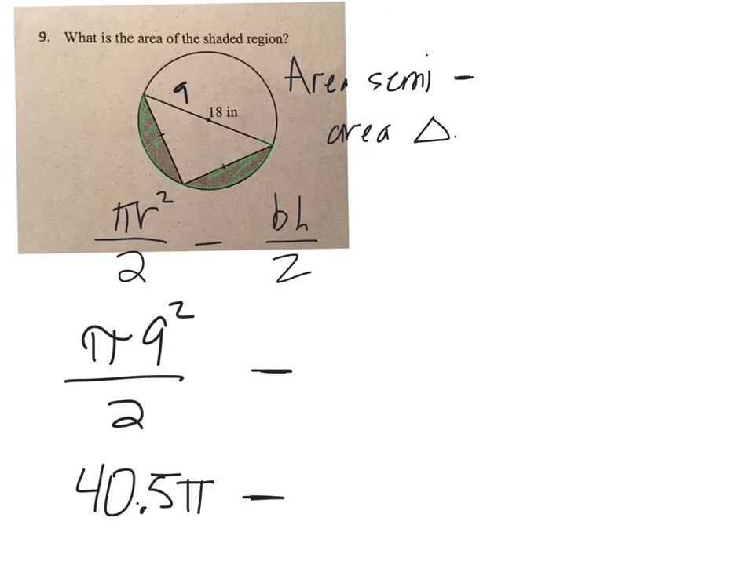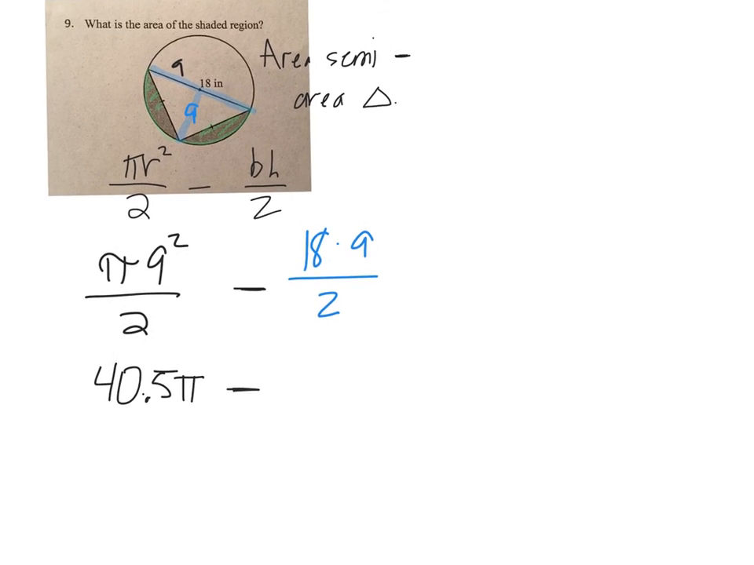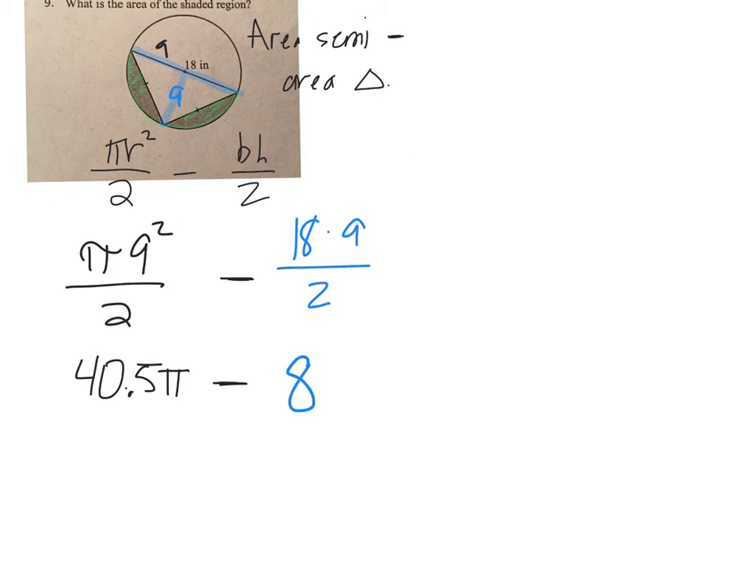Now here's the trick for this one. Not really a trick, but this is going to be the base of your triangle. And if that's your base, then this is the height. Okay, and that's tricky to recognize, because that means that I have a height of 9, because that's a radius too. So the base is 18, the height is 9, divided by 2, means my triangle has an area of